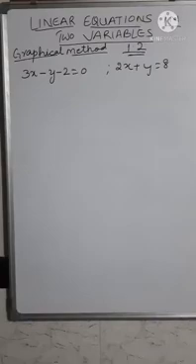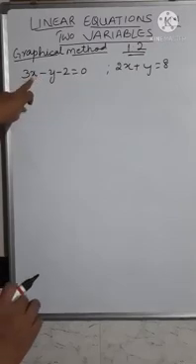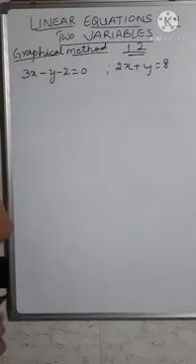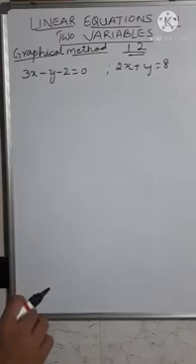In 9th standard you have learned how to draw the graph of a linear equation. You will get a slanting straight line. The same way, you have to do it on the same graph paper. When you draw both the straight lines, they meet at a single point. So we'll see how to draw the graph.